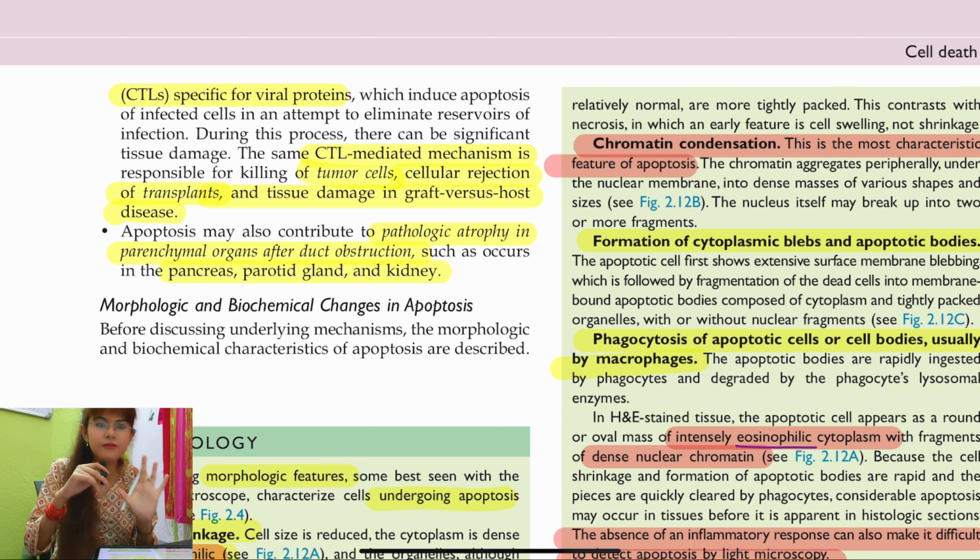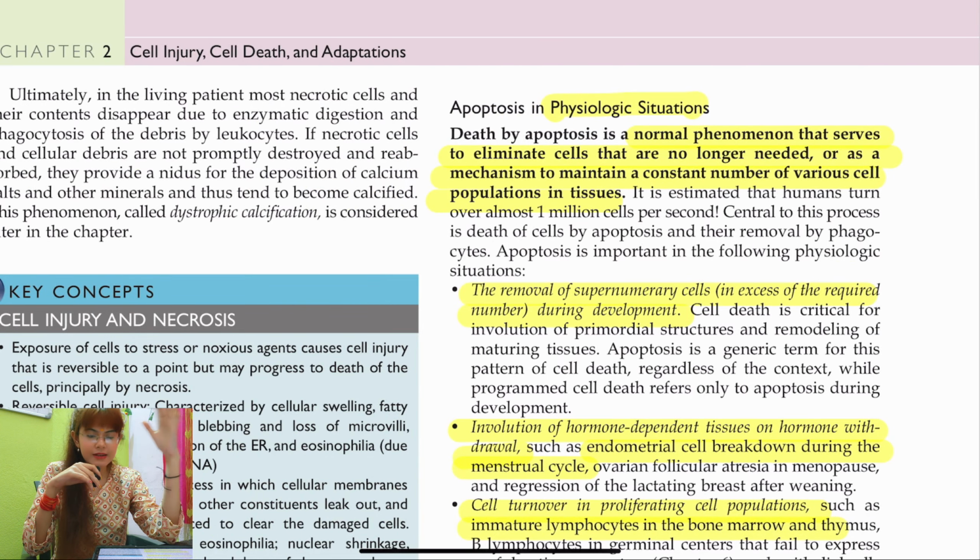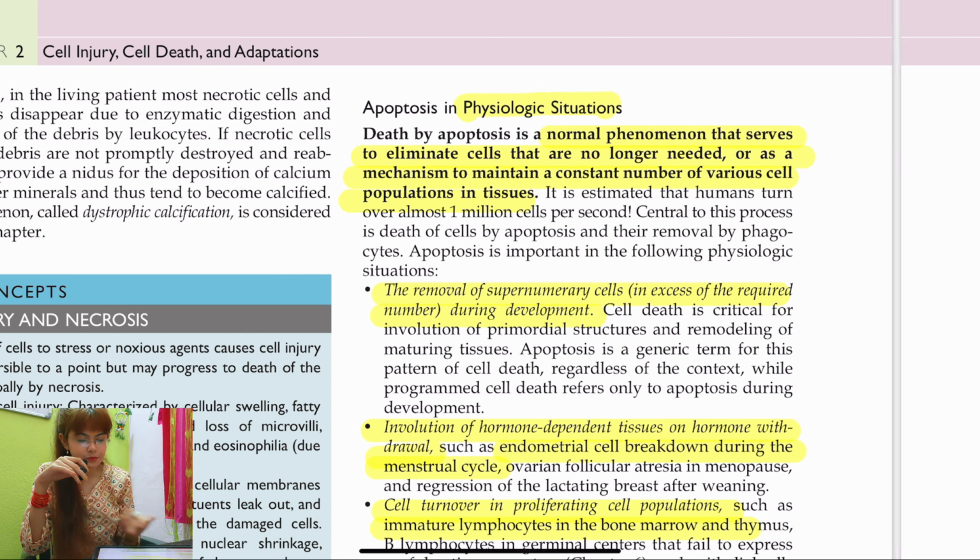So CTLs are useful in four kinds of places, in four kinds of actions, reactions or mechanisms in the body. These are very basic concepts. I'm trying to inculcate in you the basic understanding, so that whenever there's a long stem question, what they're trying to ask, if you just know that cytotoxic T lymphocytes have a role in all of these kinds of actions, then it will be easy for you to search from the options, right?